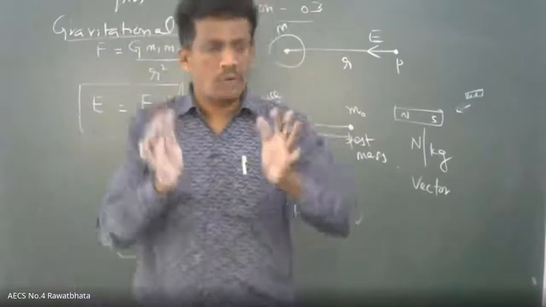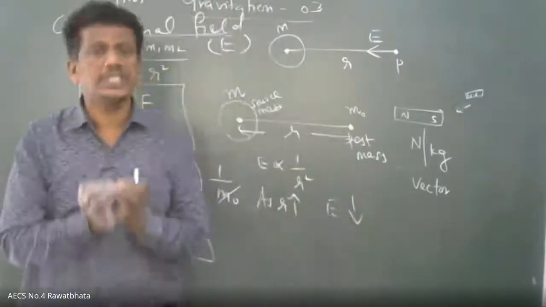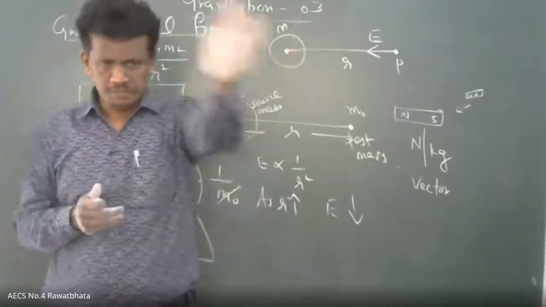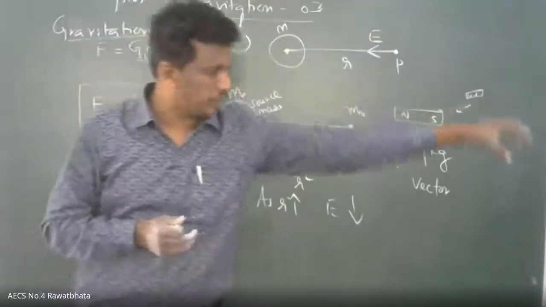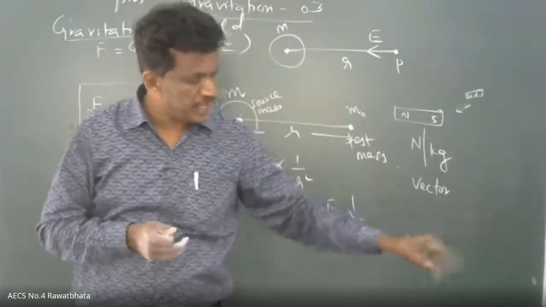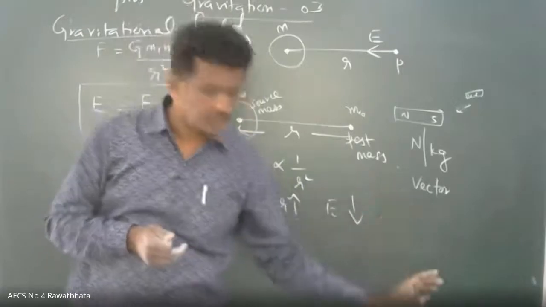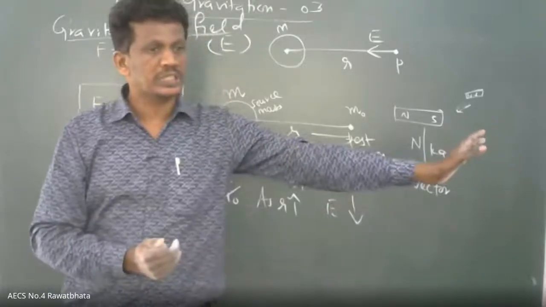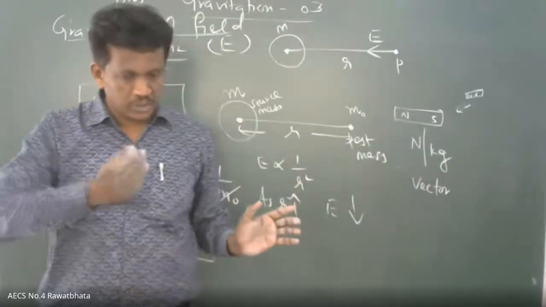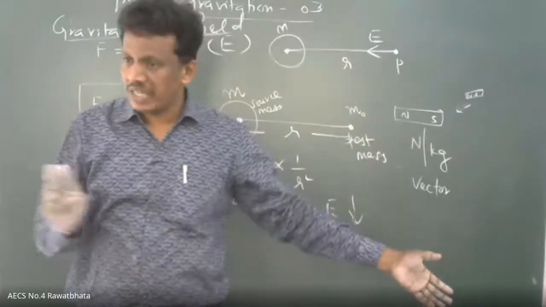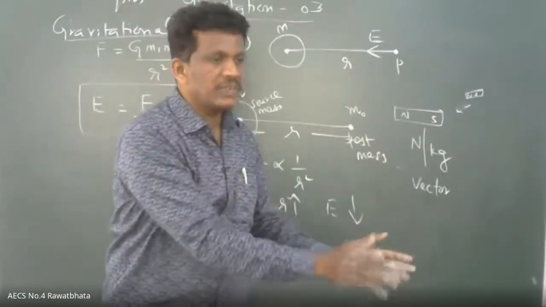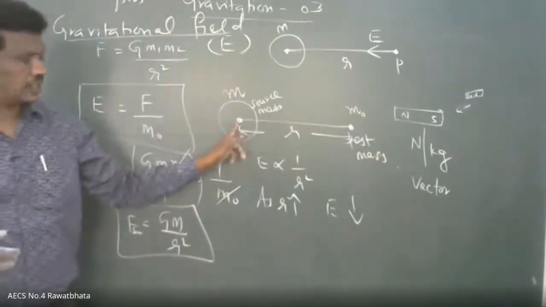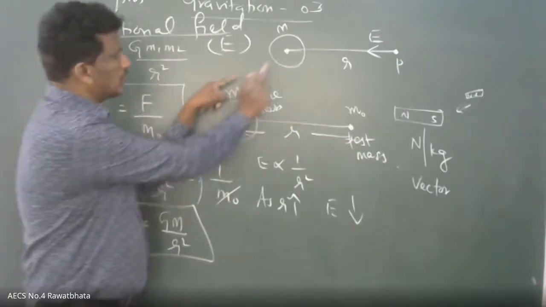Suppose you have one electric charge. Now I want to find out how much electric field strength is produced. This is the source charge, and you are the test charge. I will keep it here. How much force you are experiencing, that much. If you experience less force, the strength due to this charge is less. If you experience more force, the field strength due to this charge will be more. Clear now? We are not talking about the test value. The test mass is almost negligible, a very, very small mass we take for test purposes. But whatever you measure is for the source only.